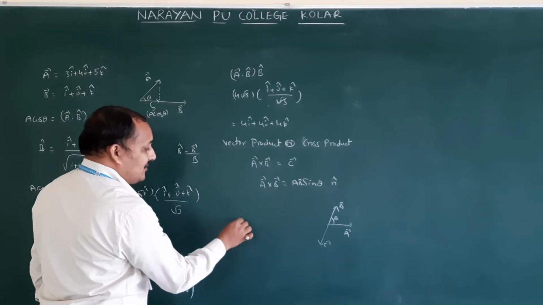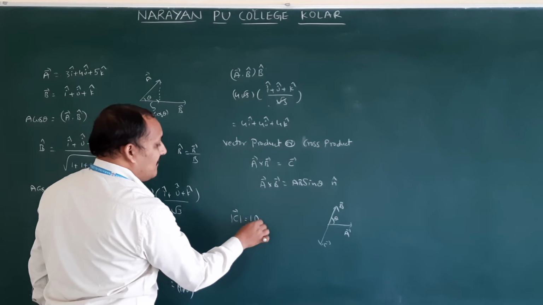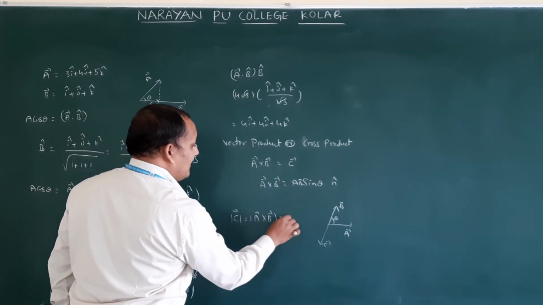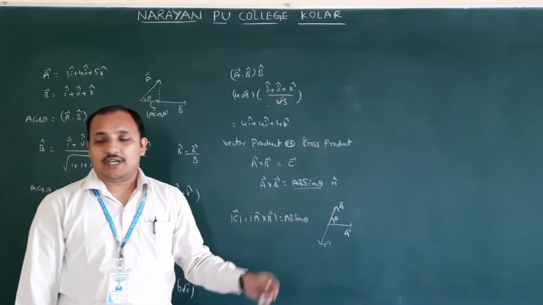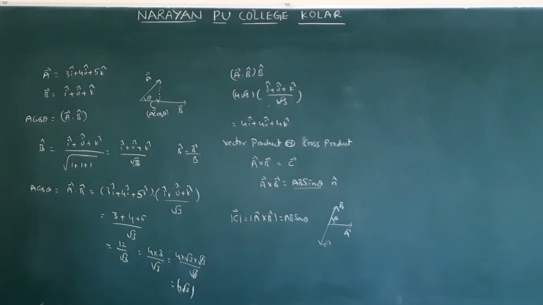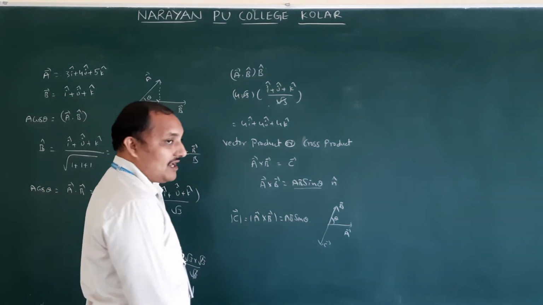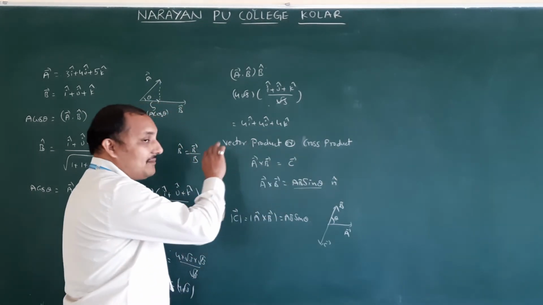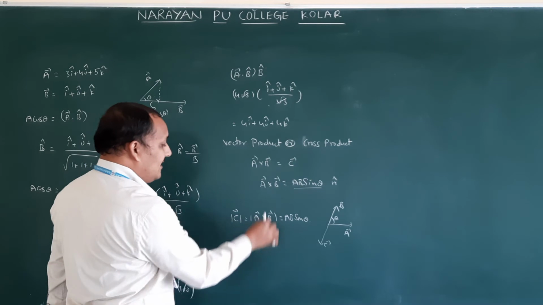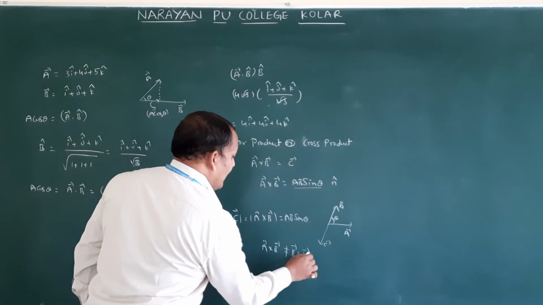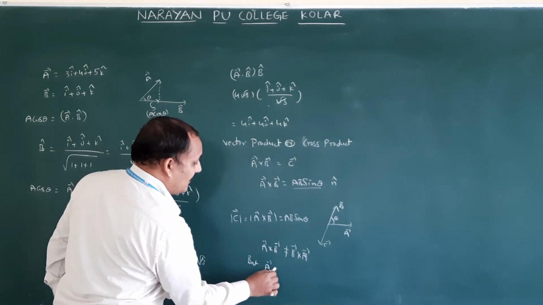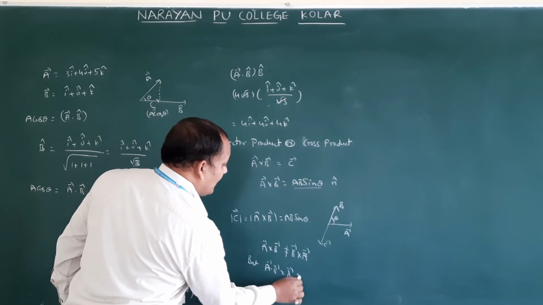If you want to find the magnitude of c bar, the magnitude of a bar cross b bar is equal to ab sin theta. Magnitude means only this will come, we won't give direction. That is the equation for vector product, which we are going to use in the rotational dynamics lesson. According to direction, a bar cross b bar and b bar cross a bar are not the same, isn't it? But in scalar product, a bar dot b bar is equal to b bar dot a bar.